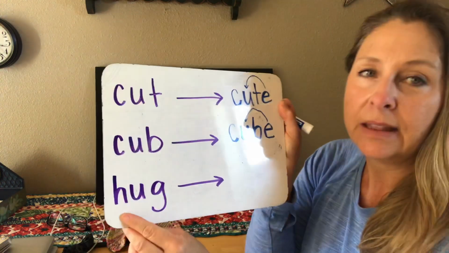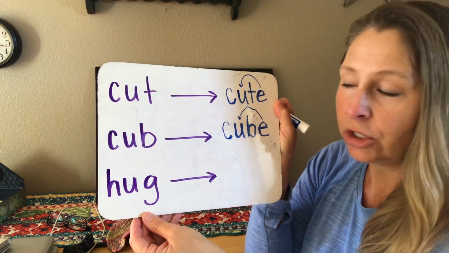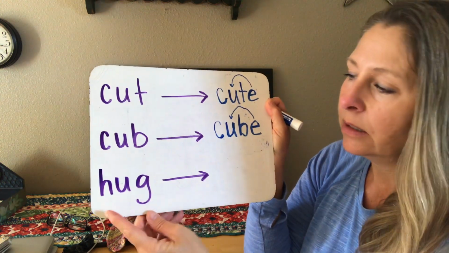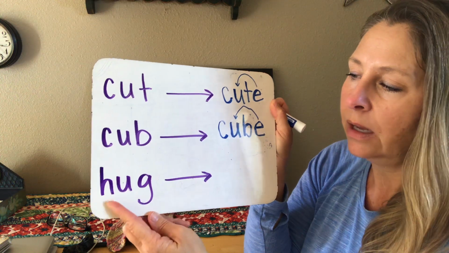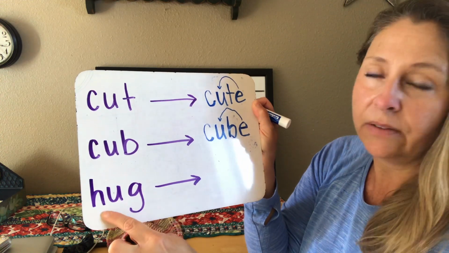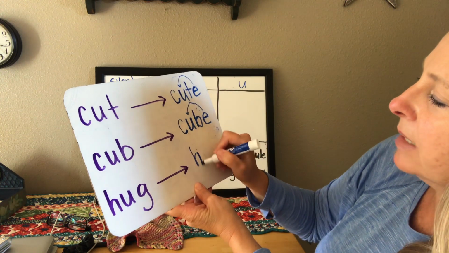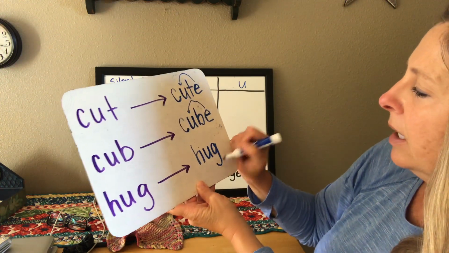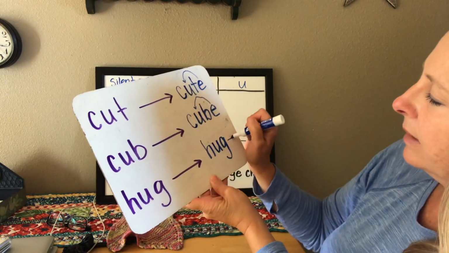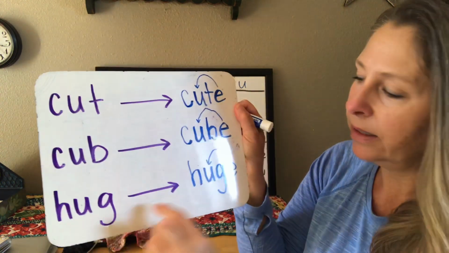All right, let's take this word. This is a 3-letter kindergarten word, each letter saying the sound that it should make. It's H says h, U says uh, G says g, hug. All right. So if we add that silent E to the end of hug, what does it change it to? Think about it. I'm going to keep those same 3 letters, H, U, G, but now I'm going to add that silent E, and I'm going to change hug into